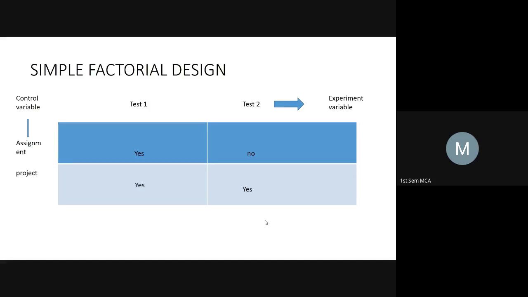That means he has submitted both assignments and projects. For student 2, it will be 1 0 0 1. That means he has not submitted the project of test 1 and he has submitted only one project for test 2. So the resultant will be 50%. If all are 1, then you will get 100%. If any 2 are 0, then it will be 50%. That means you cannot have a fuzzy value here. This is a simple factorial design.